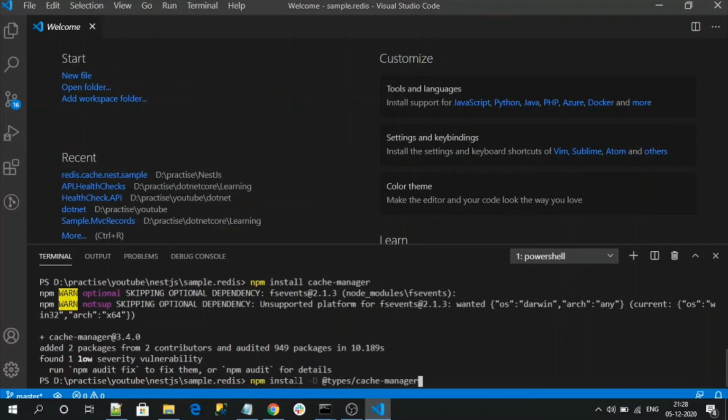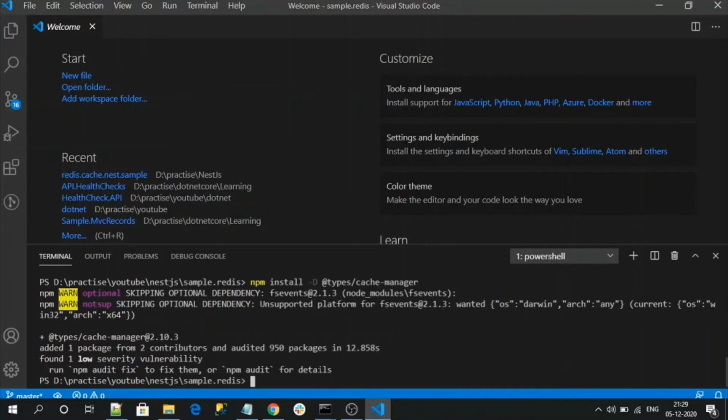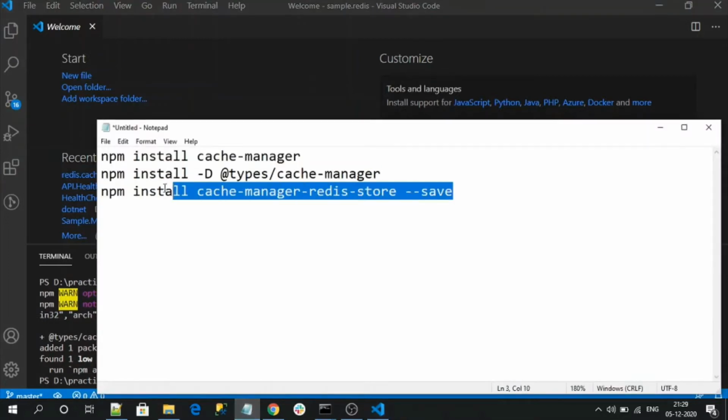Right, paste that command. D represents a dev dependency package. That is also installed. Let's install the last package, the Redis cache.